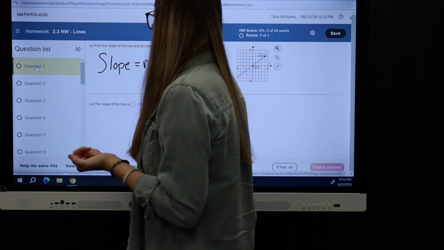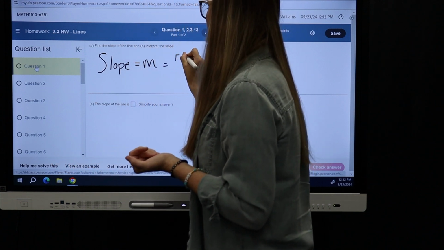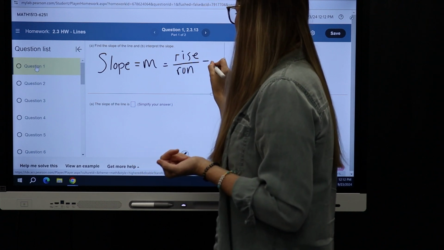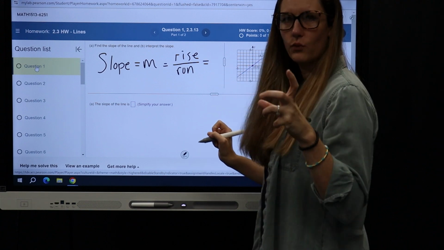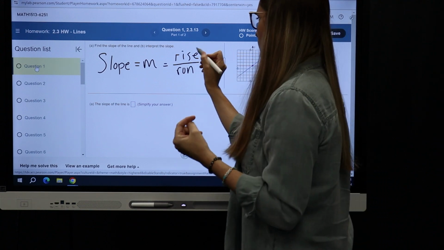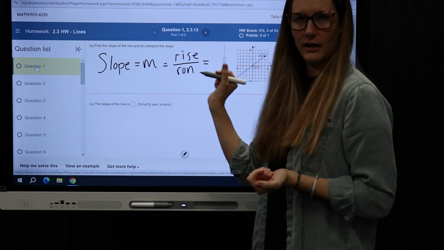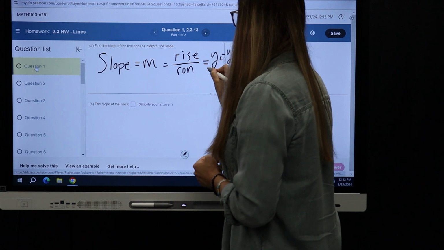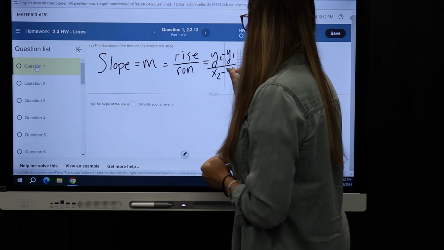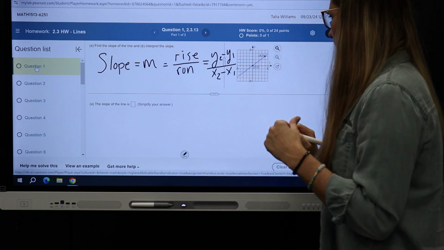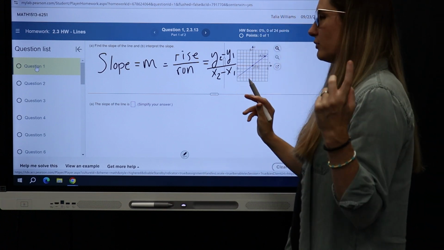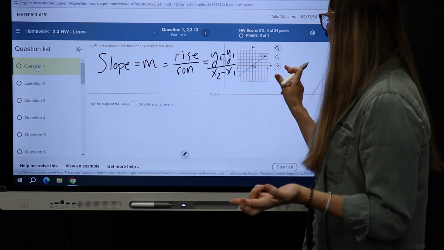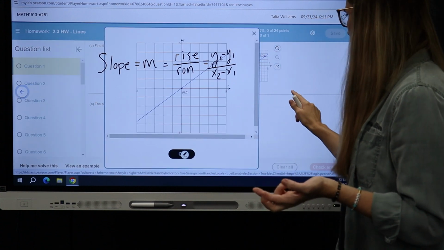Its variable is m. Slope is rise over run, so you've heard that one. And what that means is that we look at the change in y over the change in x, because rise is up, down, run is going to be left, right. So y2 minus y1 over x2 subtract x1, where you get your x1 and your y1 from your point 1 and your x2 and your y2 from your point 2. If we look at this graph specifically,